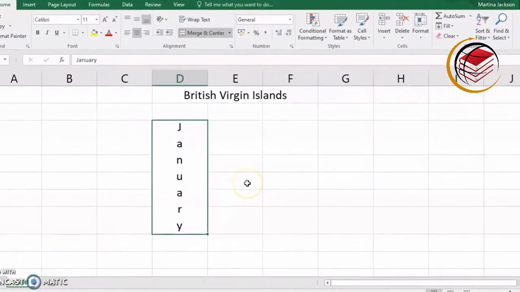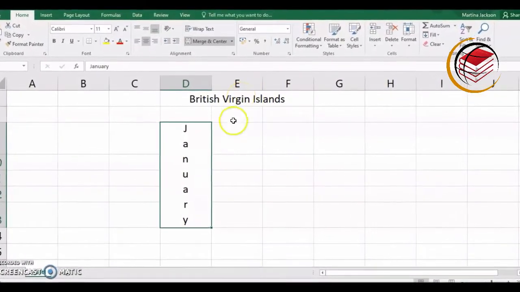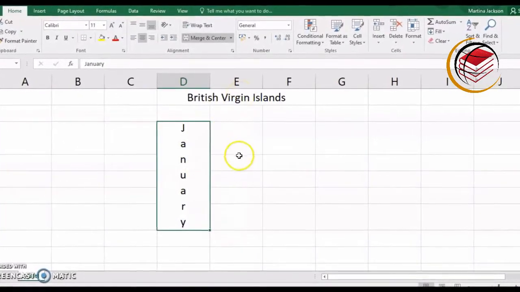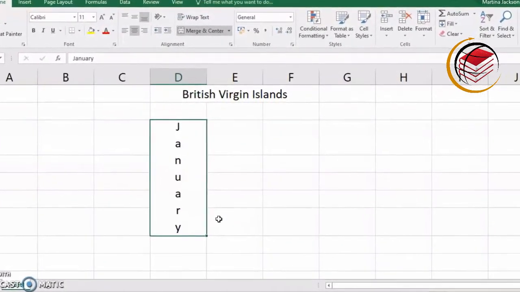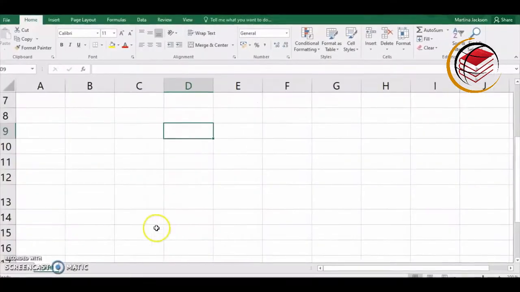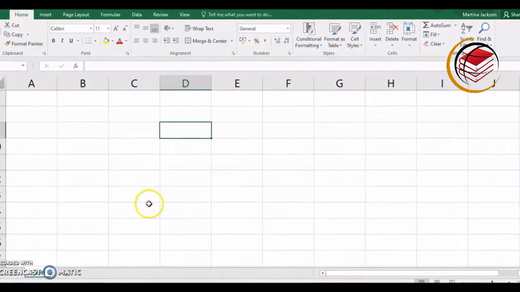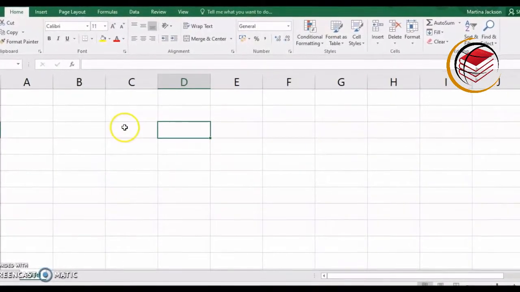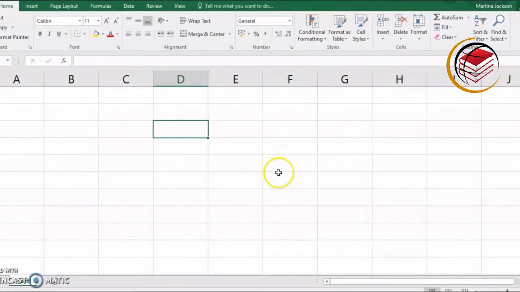Right, so we just did merge columns up here, and we just merge rows down here. So I showed you how to do that. So what we're going to do now, I'm going to show you how to merge columns and rows. All right, so we have a clean spreadsheet here, right? So we want some information. We want to merge some columns and rows